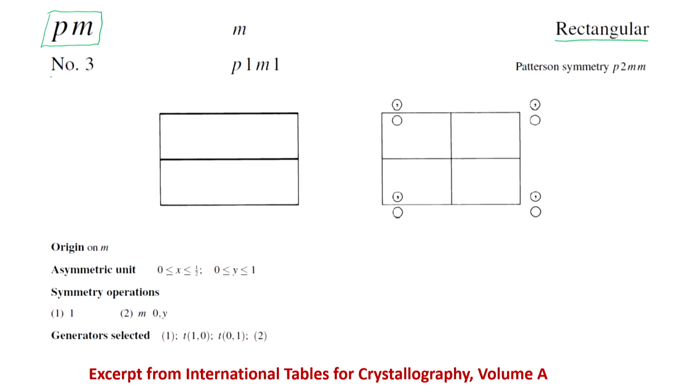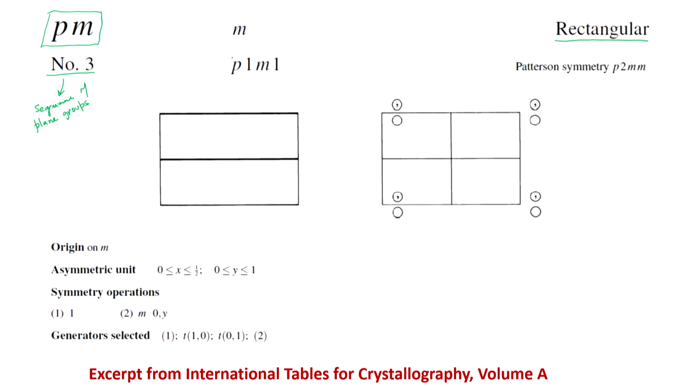One will notice that below PM, this number 3 is written. This is nothing but just a sequence of plane groups. So, these plane groups have been arranged in a certain order, and this is number 3 in the sequence. If you are wondering what the first two are, the first one is the P1 plane group and the second one is the P2 plane group, and I thought that we should just look directly at this number 3 plane group, which is PM.